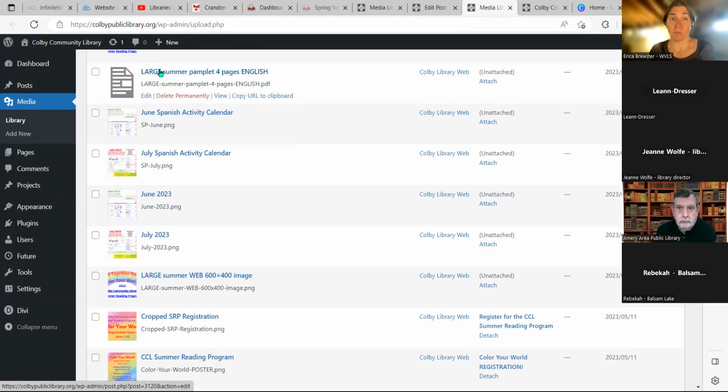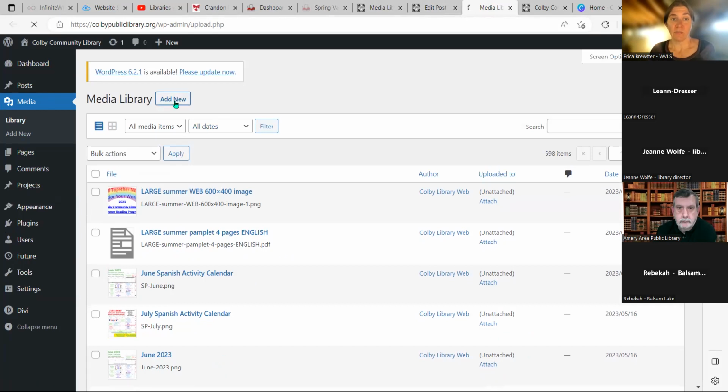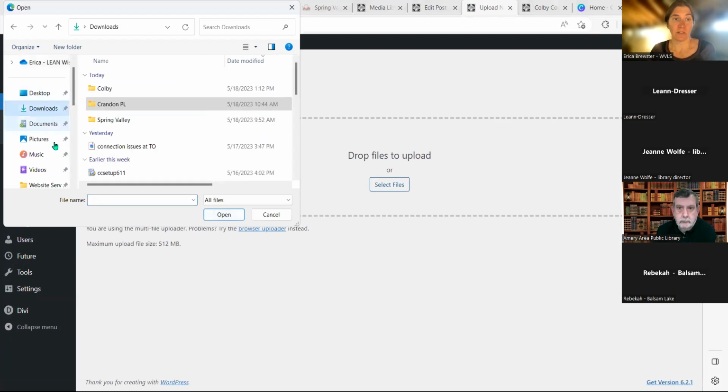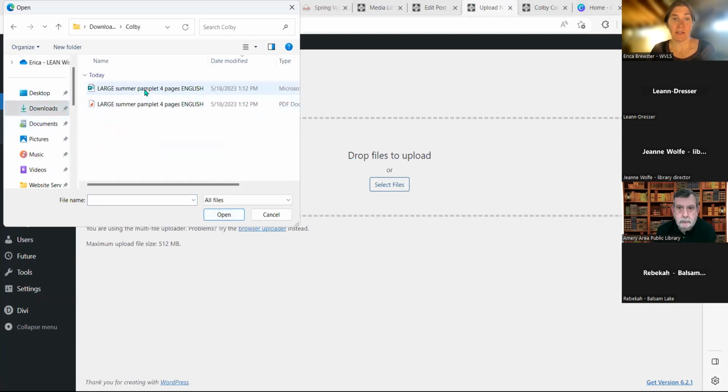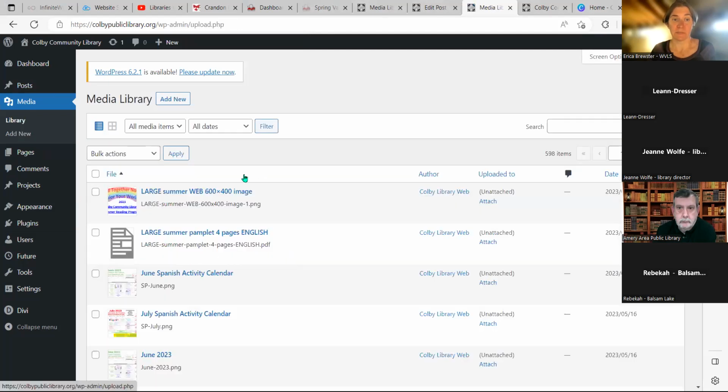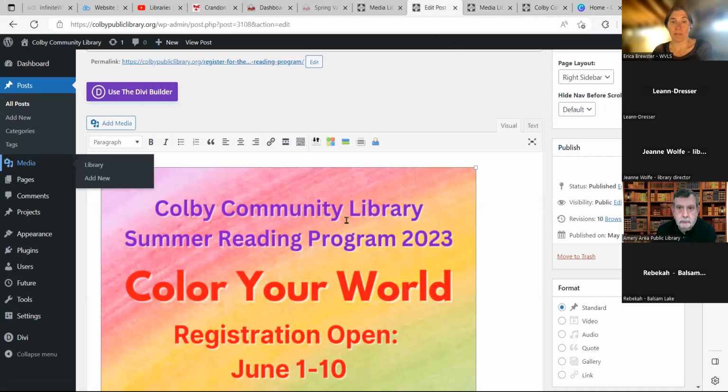Now, how do you get it into your post? If you were going to add something new, you scroll up to this add new and you select your file, and you would go to your downloads and you would find that file, which in this case has already been uploaded, so I'm not going to upload it again. You click on that, hit open, and you would add that to your media library. Like I said, it's already right here. So I'm going to click copy URL to clipboard, go back to edit post,